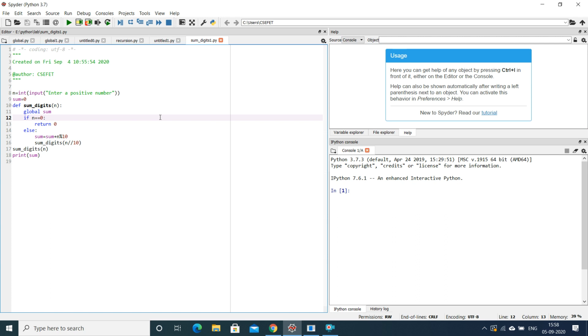Recursion is when a function is repeatedly being called by itself. This is called recursion. If there is a function f and the function calls itself again and again, this is called recursion. And there should be a breakpoint where we decide that if the condition reaches this, then the function will not call itself and it will come out of the function. So that is known as the end of recursion.